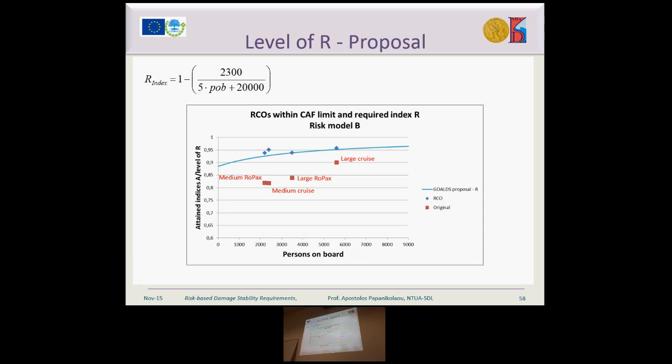Then we propose the required index for the large ships, at the level of 95, and this also covers the Genesis class ships that have almost 9,000 people on board. Some projection. This curve is quite flat, and I think it is reasonable to assume that even smaller ships also need to have a high index, because